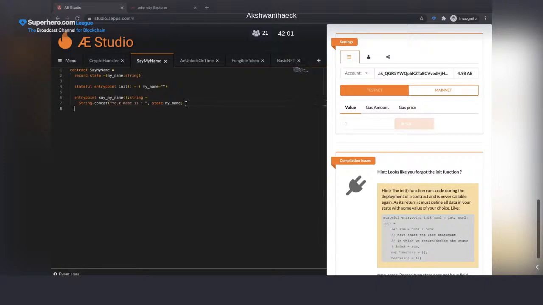Okay, so I will go because now I'm reading the information, but I need to write information. So I will make a stateful entry point where I will remember my name.